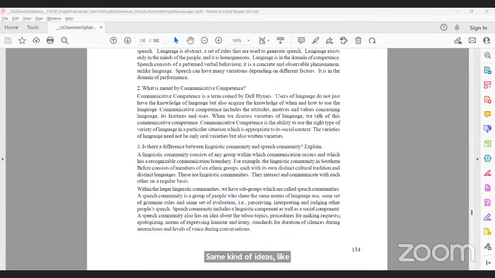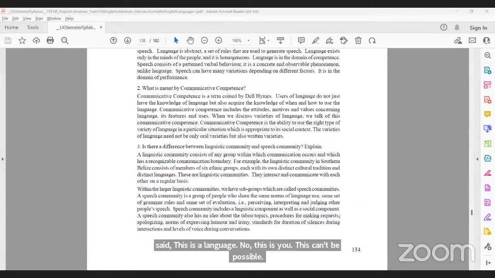So language, the mental ability or the abstract knowledge of any particular language, is known as Langue or competence. Similarly, Parole was the performance of those particular rules or regulations that are there in your brain. So language is always an abstract form that is there in our brain. You can't show someone, okay, take this one from my hand and say this is language. No, this can't be possible, right? You can't show someone that this is language.